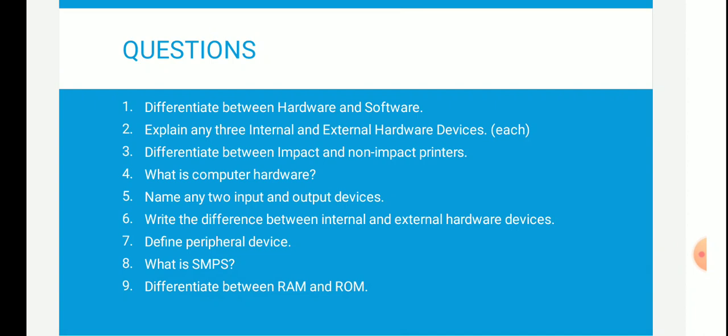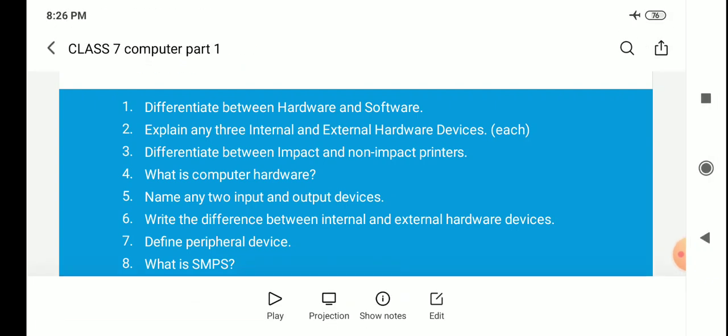Question number 6 is write the difference between internal and external hardware devices. You have to write the difference only. Okay. Next is define peripheral devices. I have explained in the third part of this chapter, so please go through it. What is SMPS? SMPS is also discussed in the same class. Differentiate between RAM and ROM. So we have discussed these 3 questions in the part 3